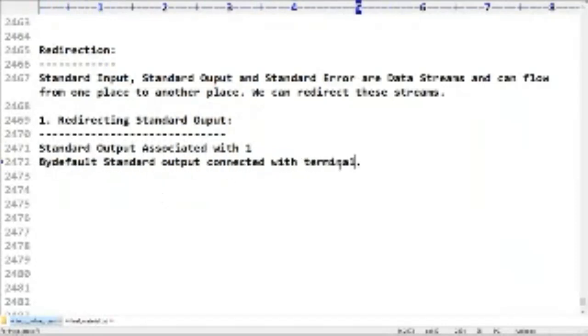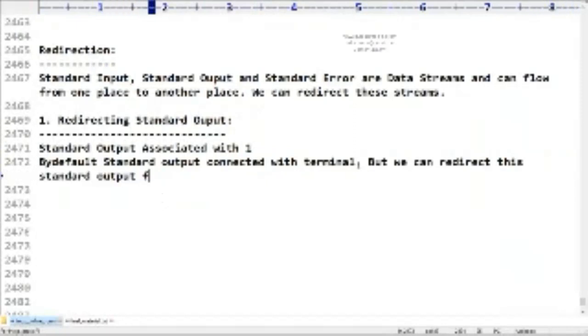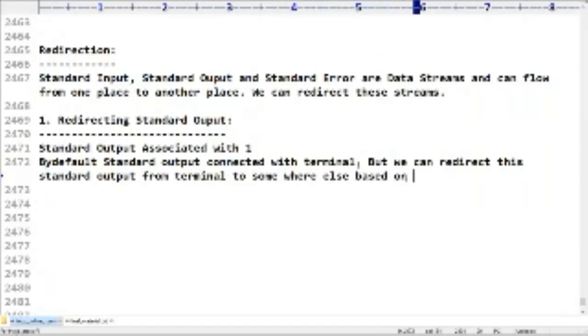By default standard output is connected with the terminal, but we can redirect this standard output from the terminal to somewhere else based on our requirement. Are you able to understand, right? By default standard output is connected with the terminal.